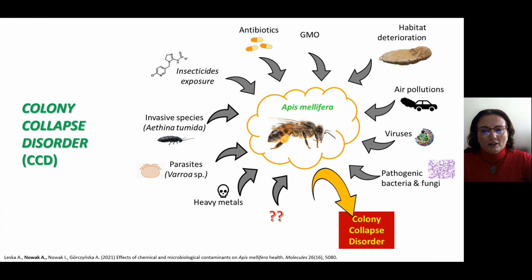The honeybee plays a key role in the human environment, primarily because of its participation as a pollinator of crop plants. For several years, we can observe the phenomenon of colony collapse disorder. CCD is a sudden death of bee colonies, and it is a global problem. There are several factors suspected of causing CCD.